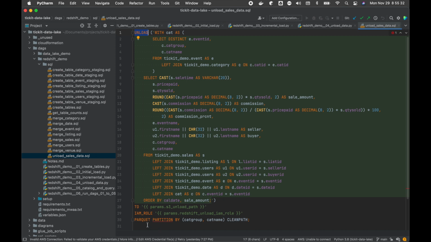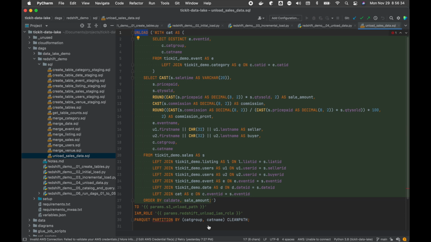In this case, I'm using Parquet, so Apache Parquet format, a columnar format, very effective and efficient for analytics queries. I'm also partitioning that data. So I'm assuming that when my analysts query this data, their where clause, how they filter this data most commonly, they're filtering it on the category group and category name. So I'm partitioning the Parquet data by category group and category name. It will be much more efficient and effective for them to query the data using those predicates. What isn't in here, but by default, the Parquet data is also snappy compressed. So we're querying the data, we're unloading the result set of that query into S3 as partitioned, compressed Apache Parquet